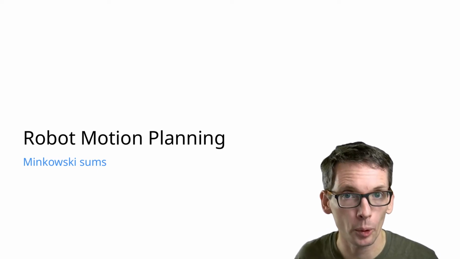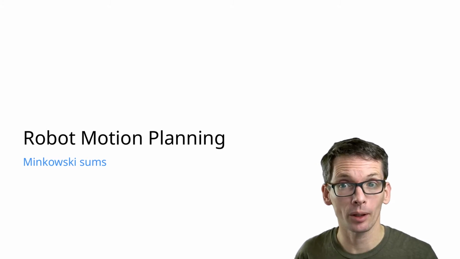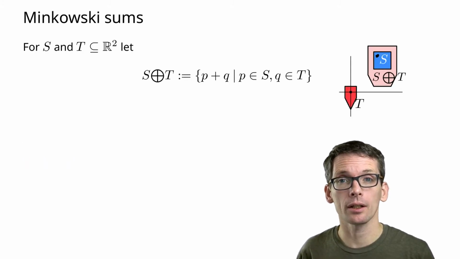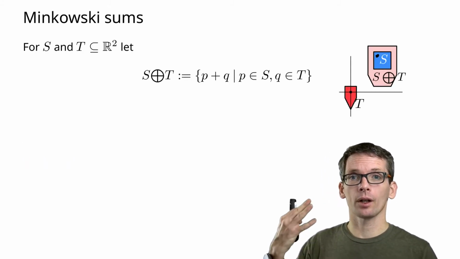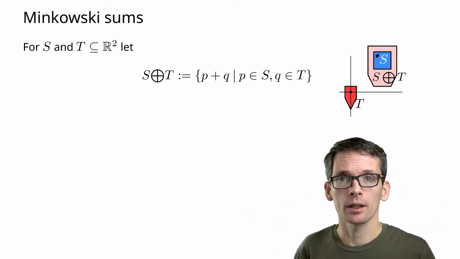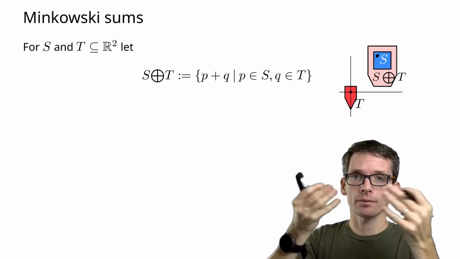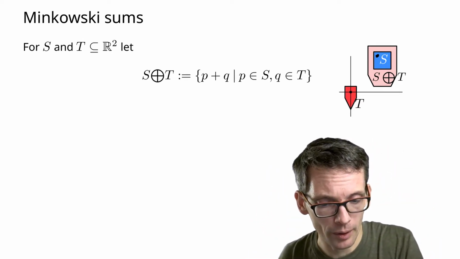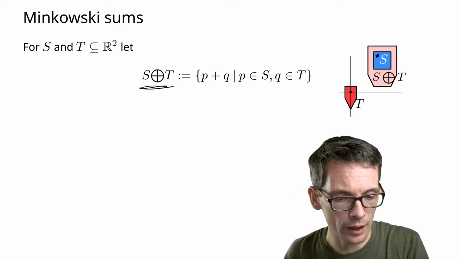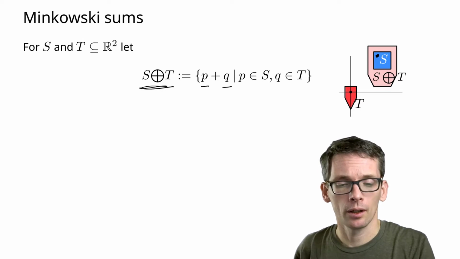We want to compute the forbidden space of an obstacle, and we're going to do so using Minkowski sums. So what is a Minkowski sum? A Minkowski sum of a set S and a set T is simply the combination of every point in S and every point in T and taking their sum. So the Minkowski sum of S and T is taking any point from S, any point from T, and adding